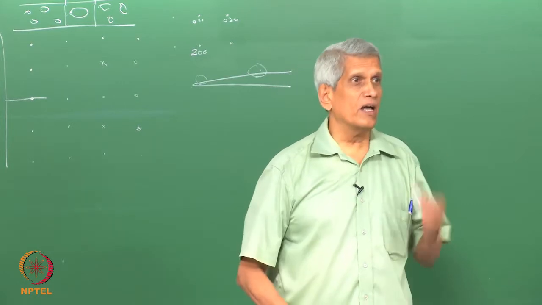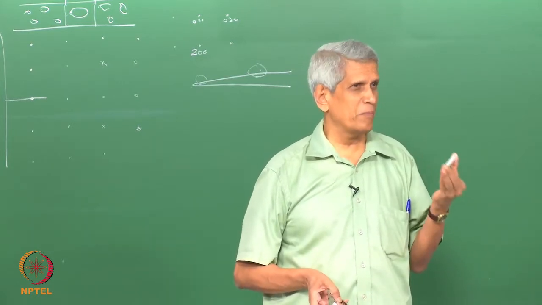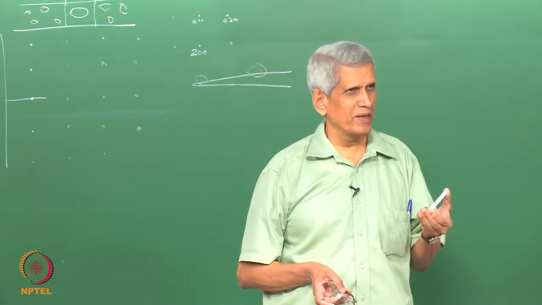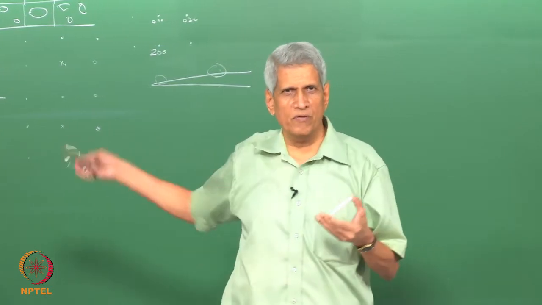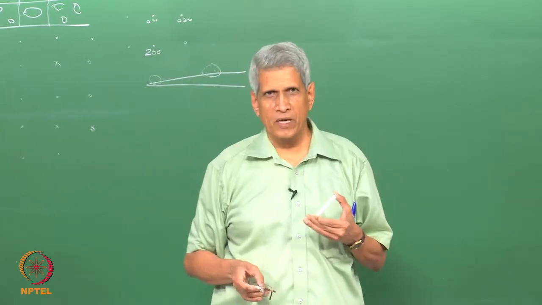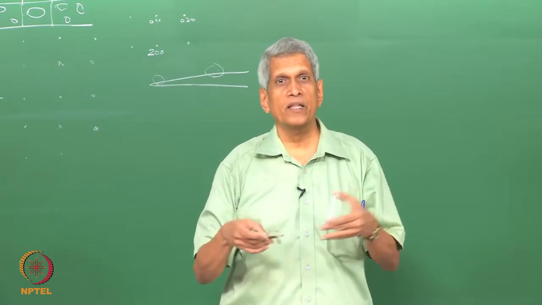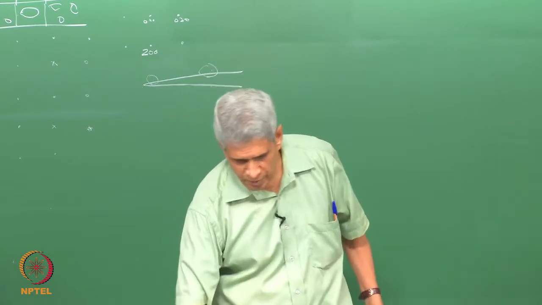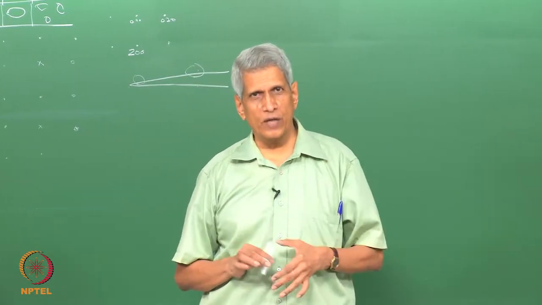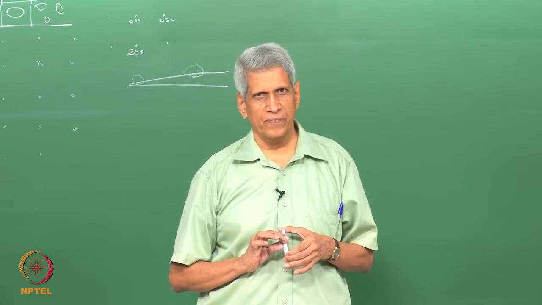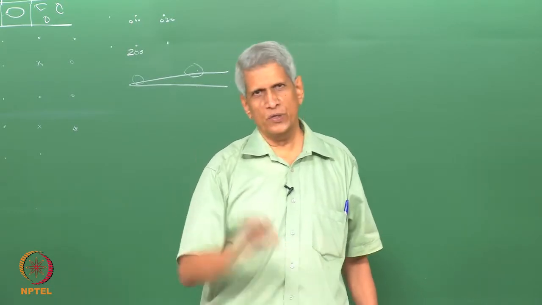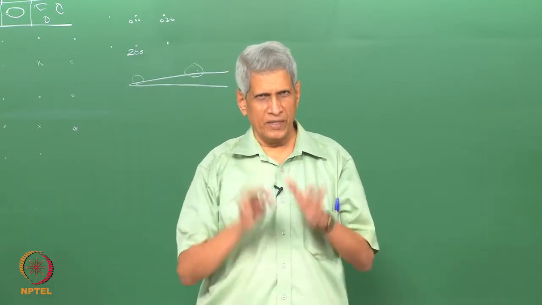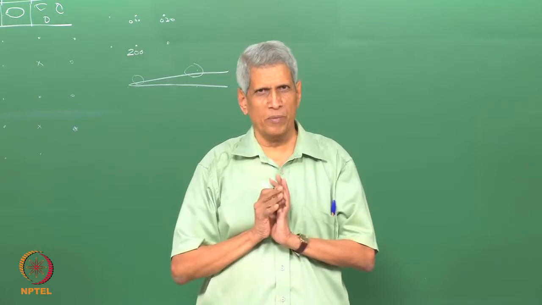Because finally, when we do an analysis in a microscope, we should make sure that whatever information we come up with is the true information. Otherwise, if an extra spot like this comes, then the whole analysis of the crystal structure will be looked at in some other way, right? So that should not occur. That's why I am telling you all these things. So this also one has to take into consideration, okay? How it affects the image, I will talk about when I talk about images. But in the diffraction, at least this much one should remember.